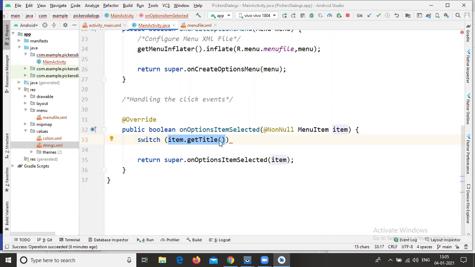So item dot getTitle is not a right condition.